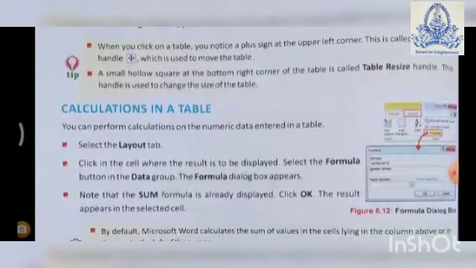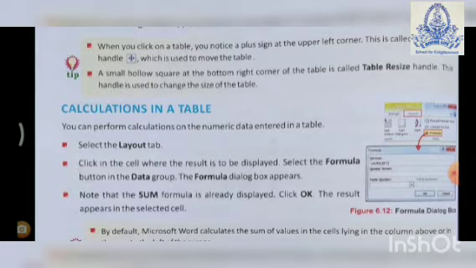Then calculations in a table. Calculations in a table means what? Suppose you have entered the final term exam marks of 40 students, and if you write one formula, then automatically you will get the total marks every student has secured. Only for one student you have to write the formula, then drag it down.